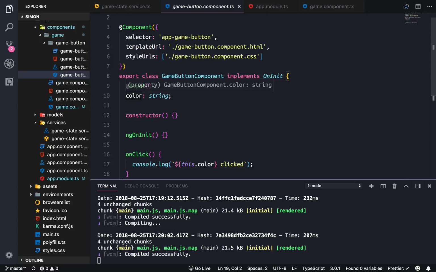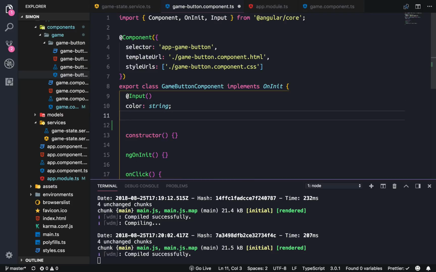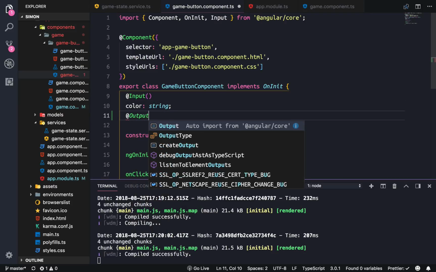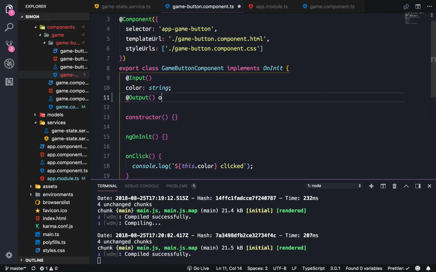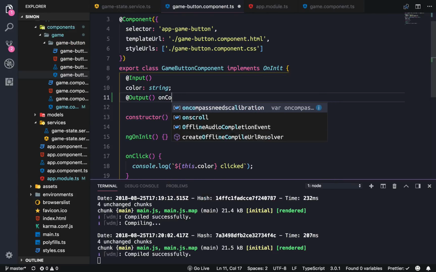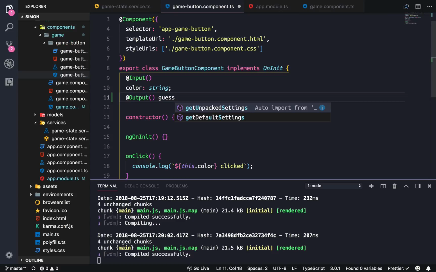So far we're inputting a color, and now we just need to output an event. So I'm gonna call it on color. No, I'll call it guess. Yeah,